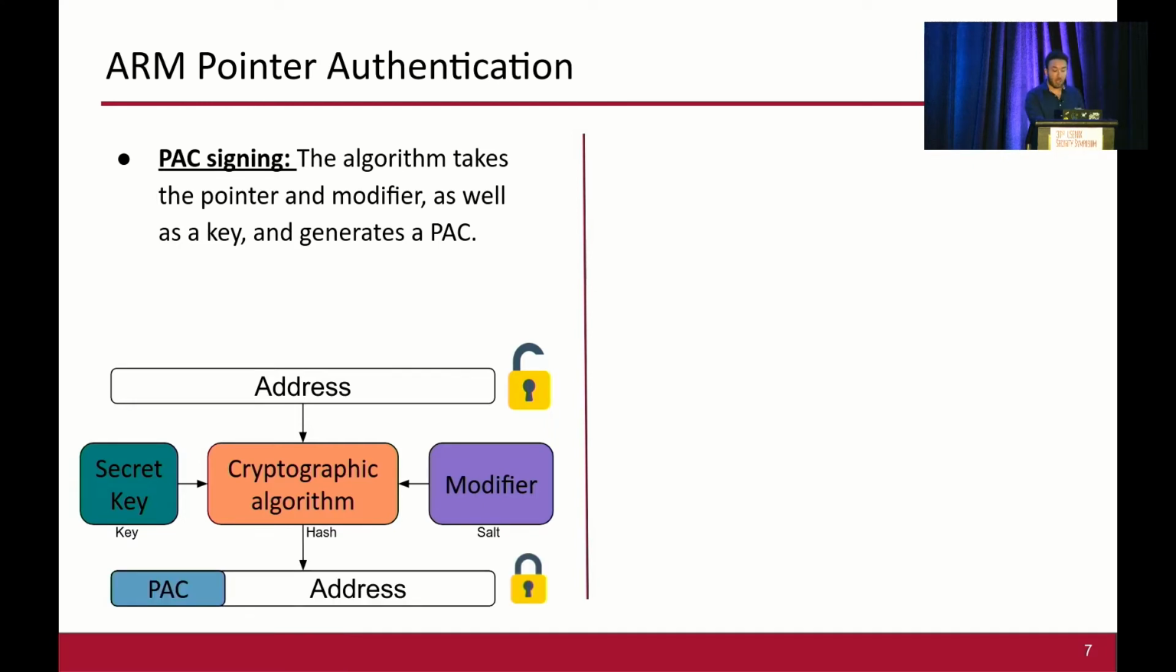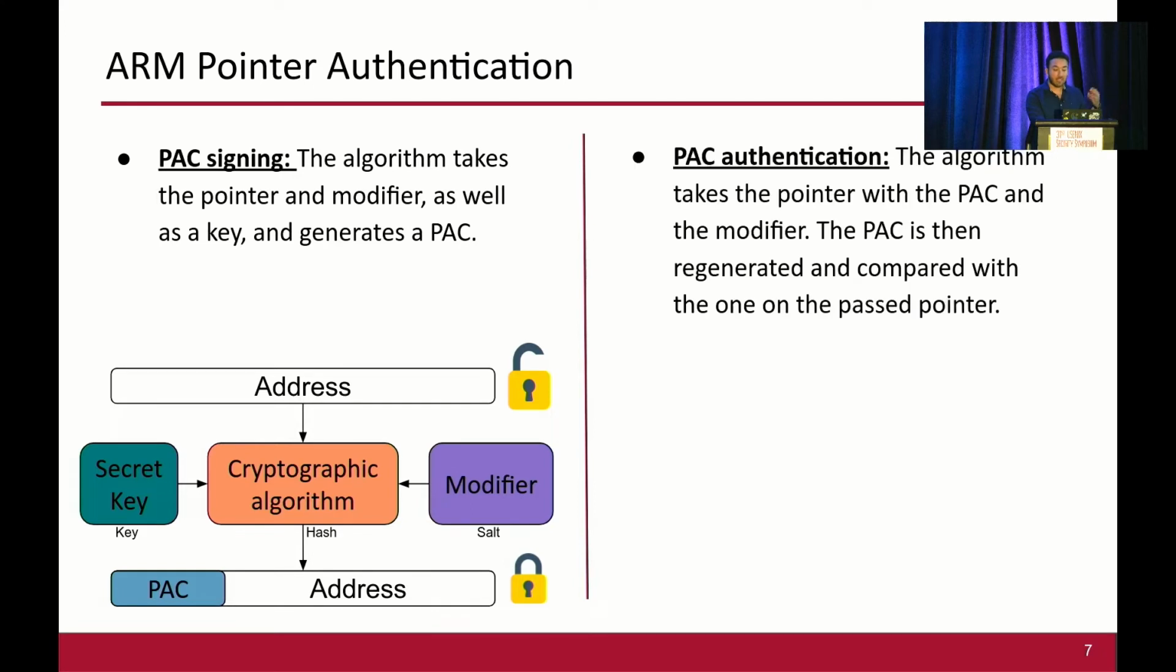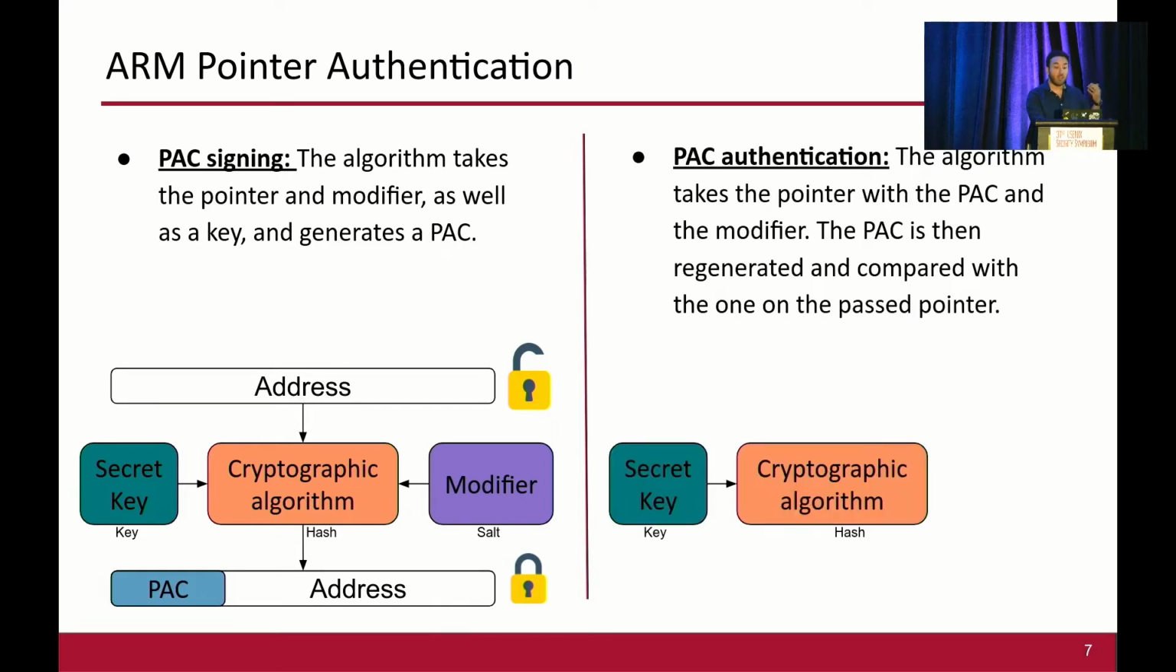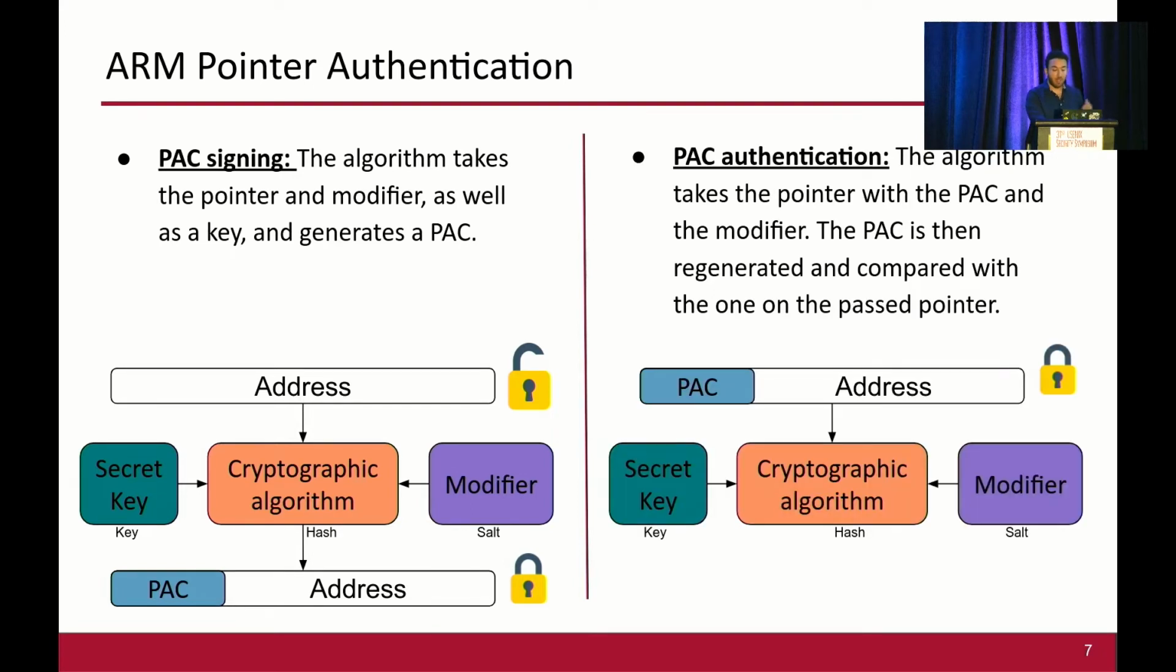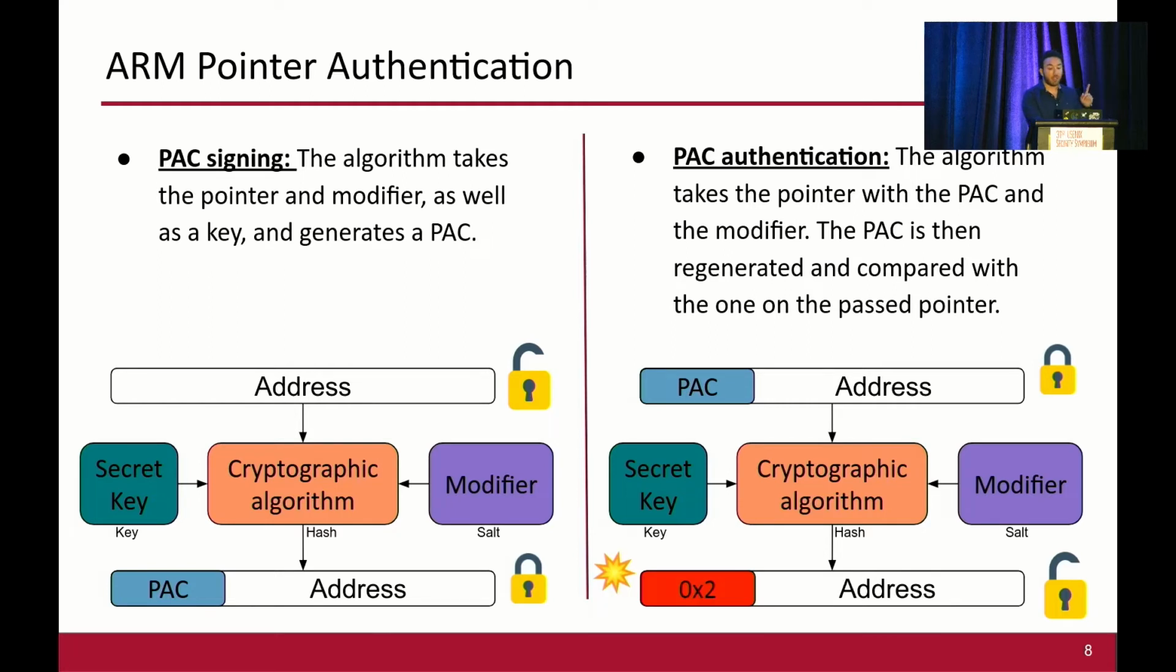Then when a pointer needs to be authenticated, the algorithm takes the same exact inputs again and regenerates the PAC. If the PAC matches, then the PAC is removed from the pointer and the pointer can be used. However, if the authentication fails, the top two bits of the pointer are flipped, thus rendering the pointer unusable. Any change in any of the components passed to the cryptographic algorithm will result in a different PAC, and